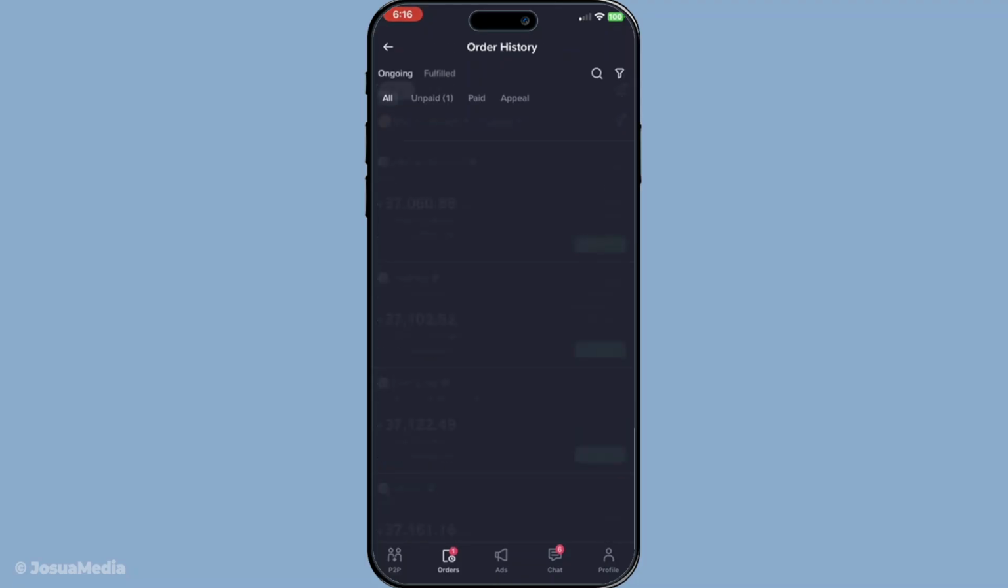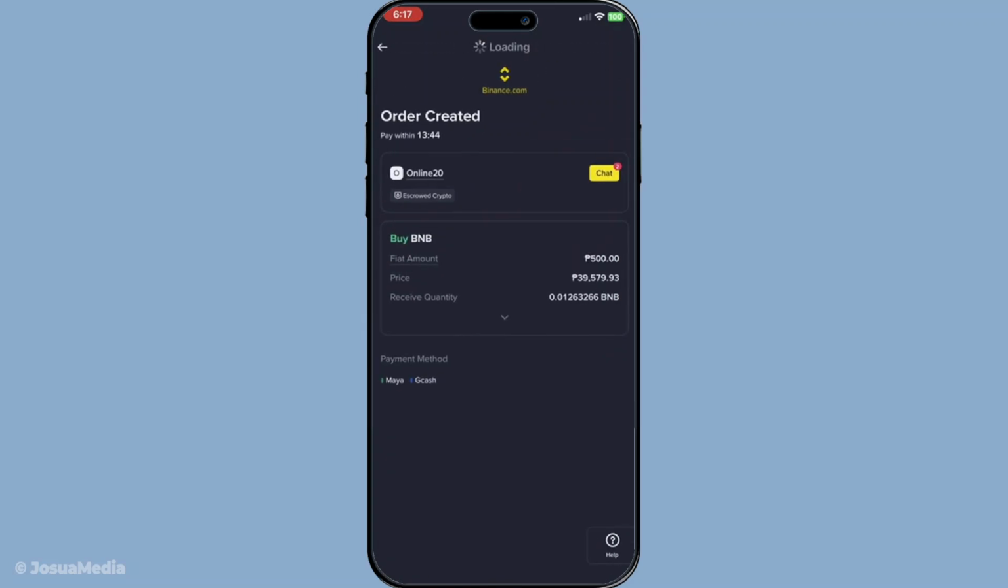After tapping P2P, your next step is to head over to the orders section. You'll find orders prominently displayed at the bottom of your screen. Press it and this will take you to a list of your current and past transactions. Now focus on finding the open orders tab. This is important as it displays all your active buy and sell orders that are still in progress. Tap on open orders to see the list of transactions that you might want to review, or in this case